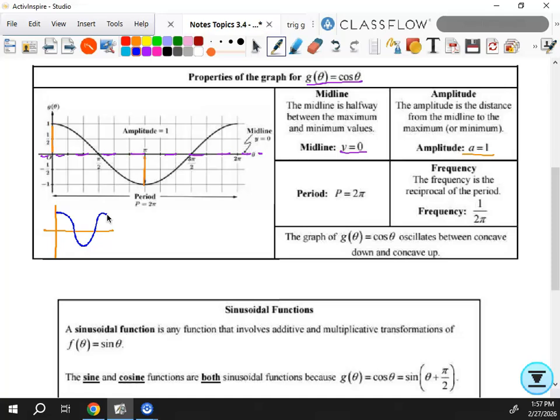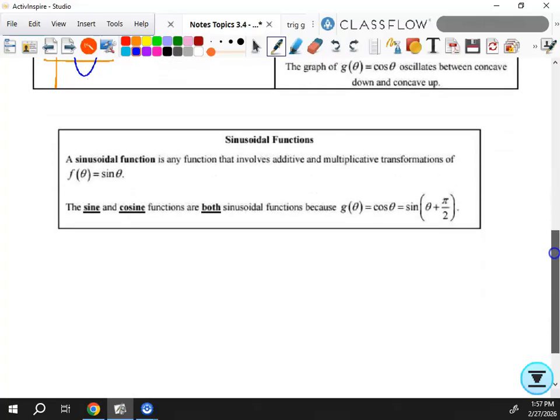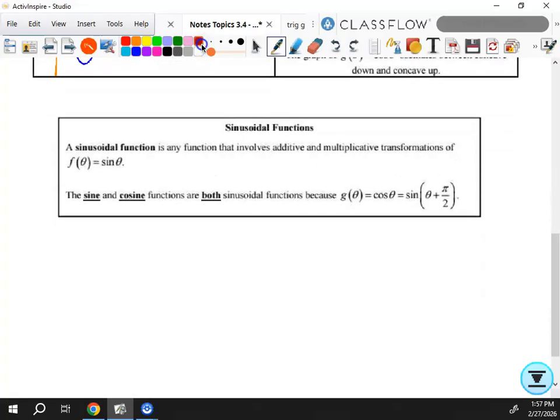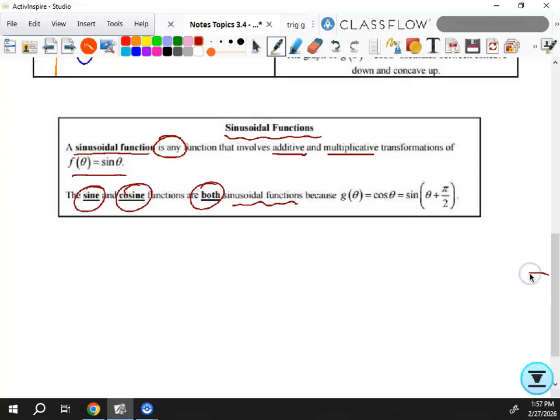Now, one thing I'm pretty sure I said at the end, but I might have been yelling at you while you were packing up, is that both sine and cosine are sinusoidal functions. There's no "cosinusoidal." A sinusoidal function is any function that involves additive and multiplicative transformations of sine of theta. So sine and cosine are both sinusoidal functions. And then we know that,